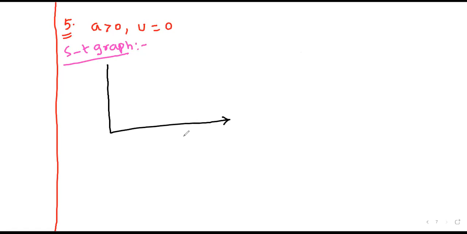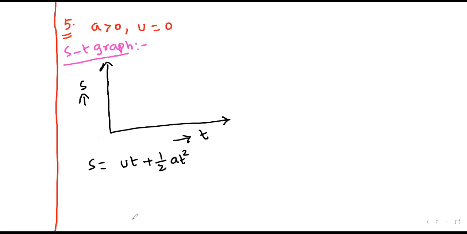Now on the x-axis, it is time. Always on the x-axis it is time only, either in ST graph or VT graph. That will help students remember very easily. Suppose I need to consider an equation of motion which contains distance traveled or displacement and time. We have one and only one equation, that is, S is equal to ut plus half at square.